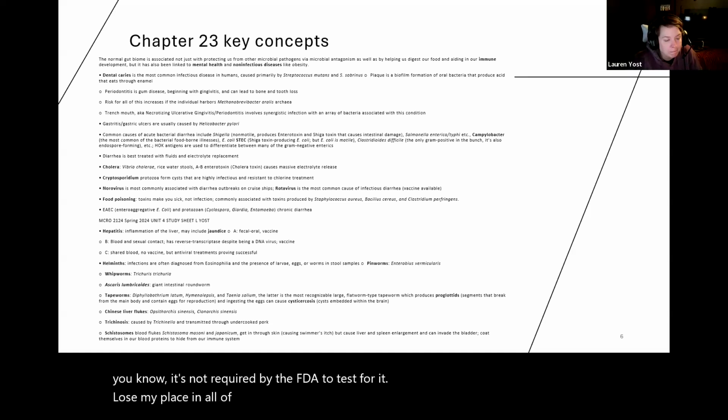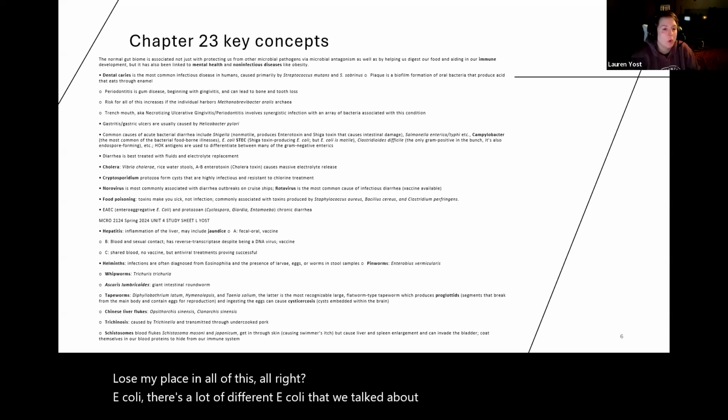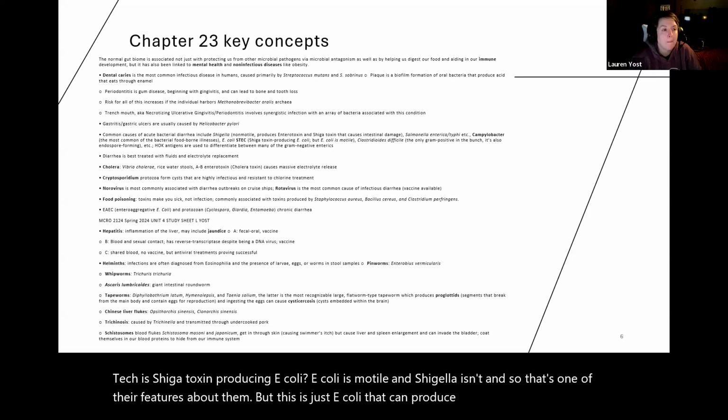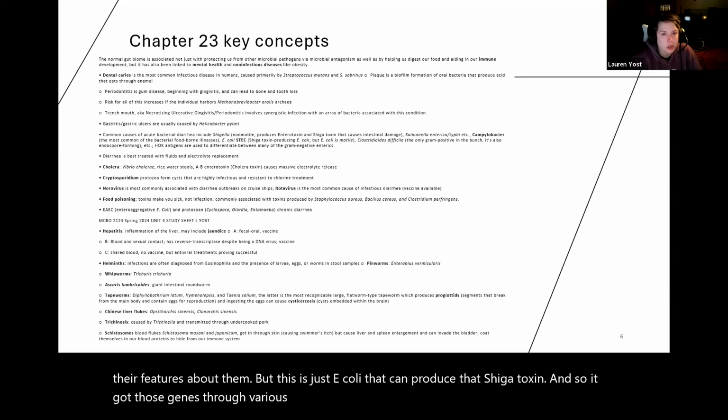All right. E. coli, there's a lot of different E. colis that we talked about, but STEC or E. coli O157:H7. E. coli STEC is Shiga toxin producing E. coli. E. coli is motile and Shigella isn't, and so that's one of their features. But this is just E. coli that can produce that Shiga toxin, and so it got those genes through various different versions of genetic transfer that the bacteria use, the horizontal gene transfers,